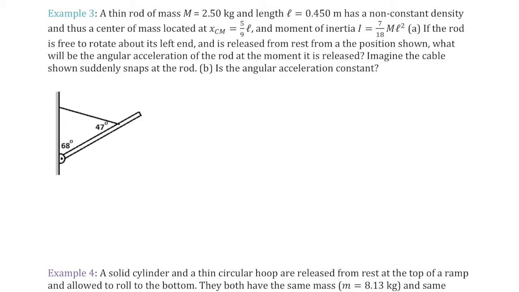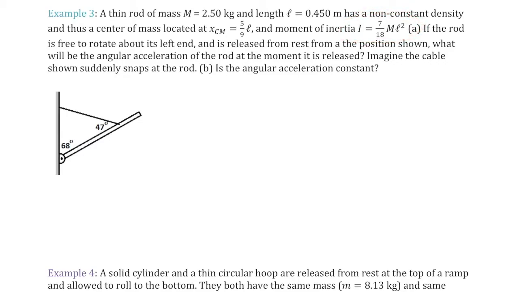We have a thin rod, right? It's a rod given here. We're given its mass. We're given its length. Okay? So that would be its entire length from the pivot. We're told that it has a center of mass that is 5/9 of the way up. So obviously its center of mass is not right in the middle, right? So maybe it's denser at one end, and it has a moment of inertia given by this formula here, 7/18